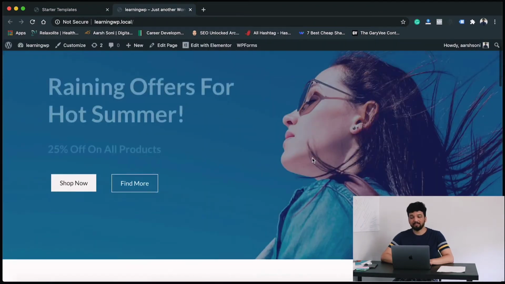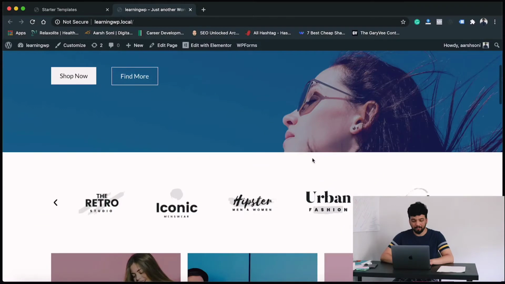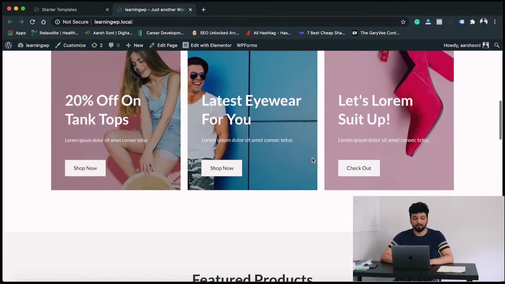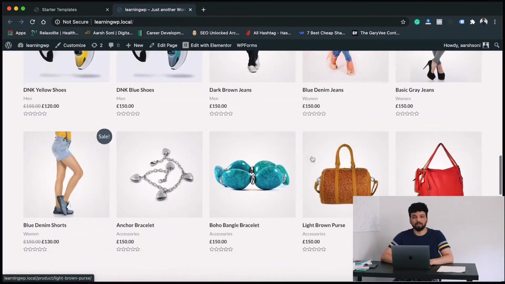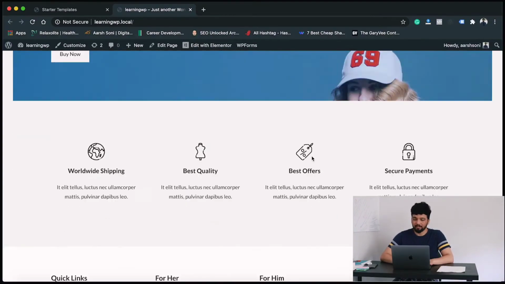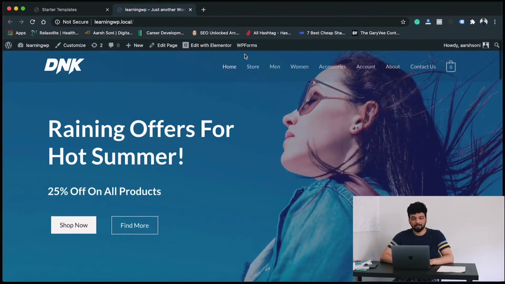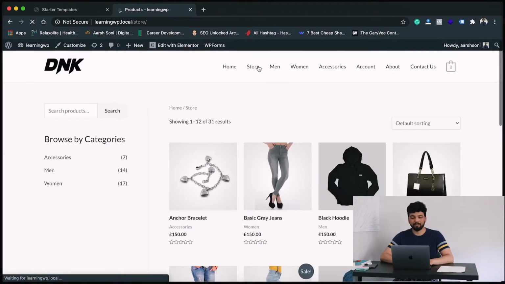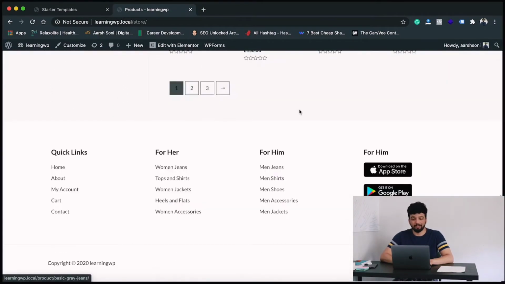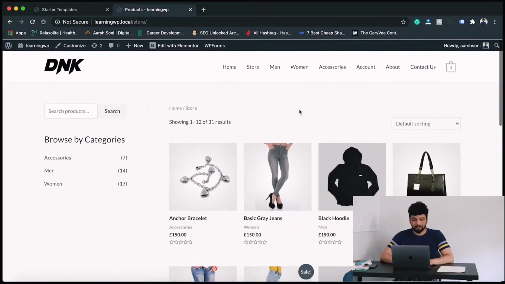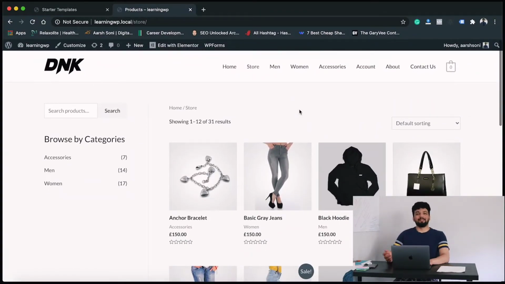And here you can see the website is completely pre-built. It's ready-made, done for you. You just have to edit the content inside according to your needs. This one is a working website, guys. Remember, if you are thinking that it's just a dummy piece, no, it's a completely working website. That's the advantage of using Astra theme.